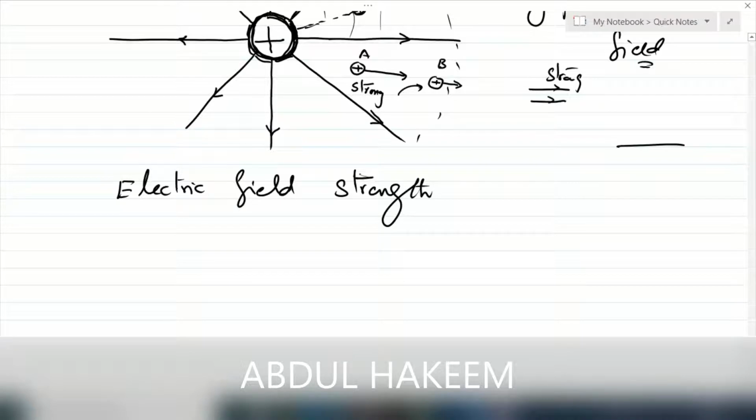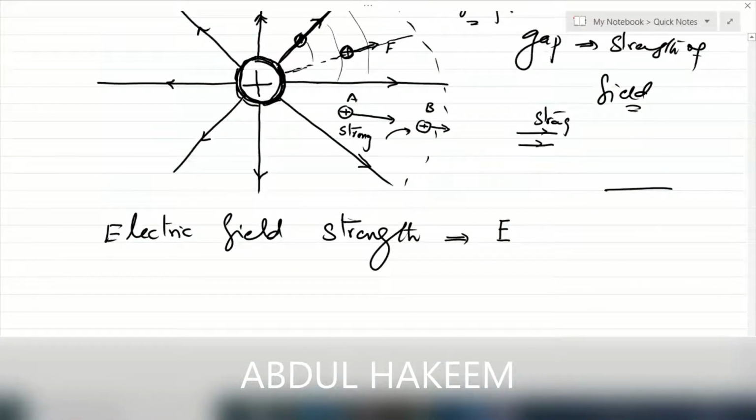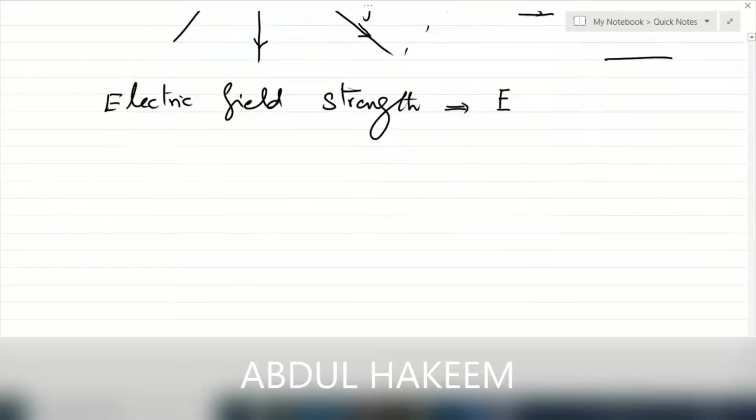And electric field strength is a vector quantity. It is represented by capital E. It's a vector because it has direction. Now, the definition of the electric field strength is: electric field strength is the electric force